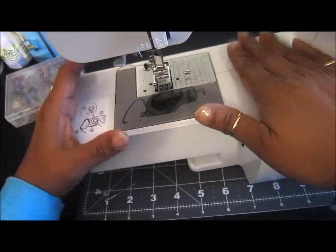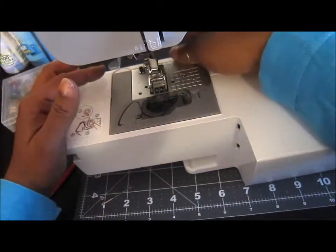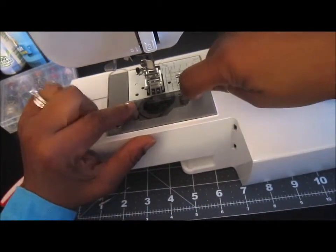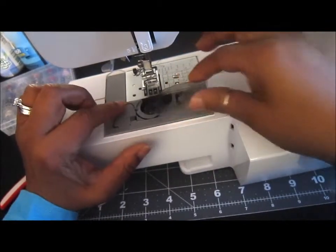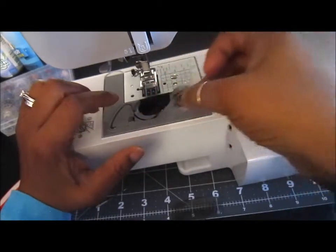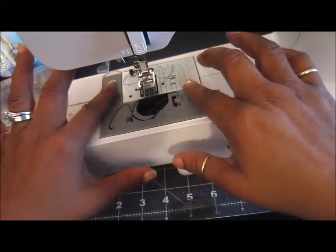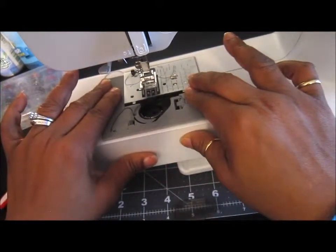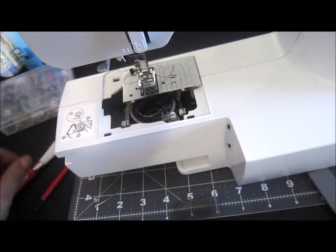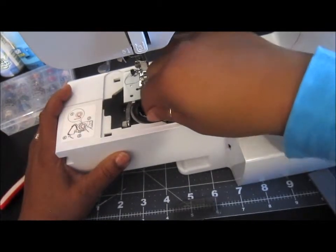So first of all, I have a Brother machine. It depends on what kind of machine you have, but for the Brother, you remove this little bobbin case cover. It's really easy. Remove your bobbin, of course. Then you're going to take this piece and pull it towards you. It snaps out of place. You remove that. It's really simple to do. You take your bobbin case, you pull it towards you and out,